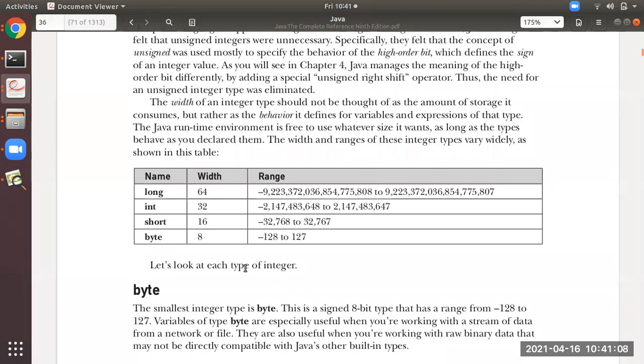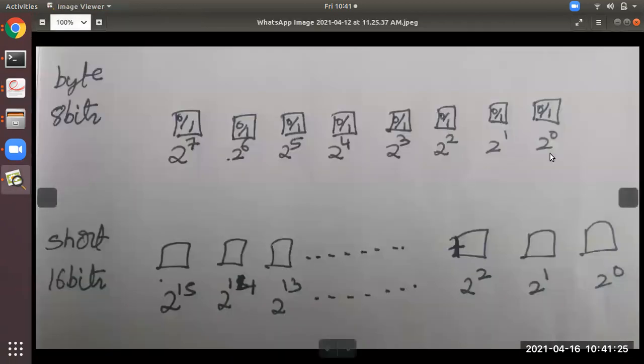Now I want to show one diagram for you. Just look over here. Before that, remember, byte has a size of 8 bits. How the data will be represented in 8 bits is, see here. You can see this diagram. These are the bits in square brackets, meaning in the squares the data will be in the form of 0 and 1, 0 and 1, so on till you can see the 8th bit.